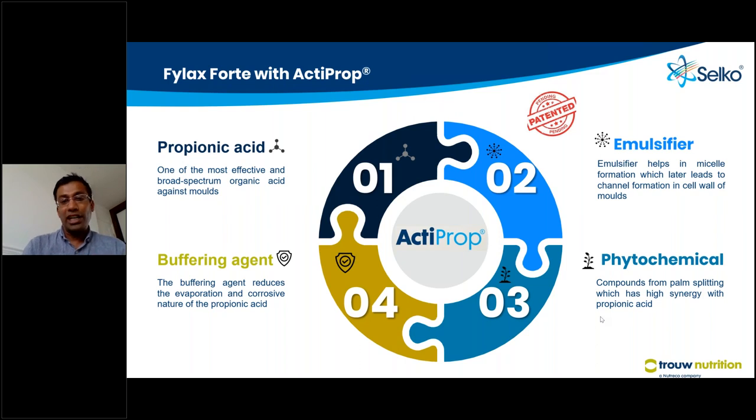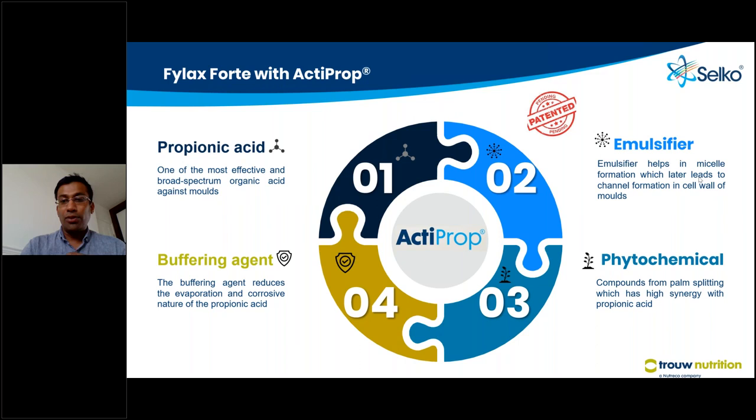So it contains 4 aspects. The ActiProp technology includes 4 different aspects. One is the propionic acid, free propionic acid, one of the most effective and broad spectrum organic acids against molds. That is there to take care of the mold, and then the emulsifier is an integral part to